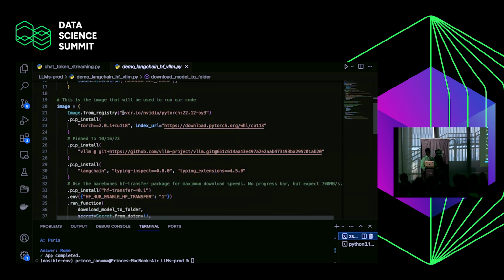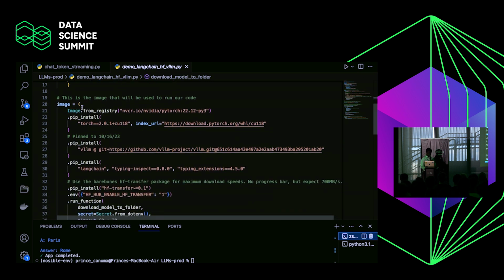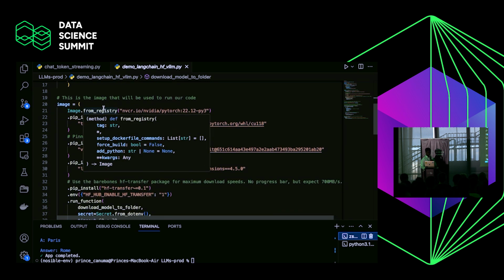Then the most important part that you should see here is this part here where we are creating an image. The thing with Modal, they redefined Docker containers. So they pretty much stripped down everything and created their own version of Docker containers. That's how they can keep the inference very, very fast and cold start times pretty much reliable. So you build an